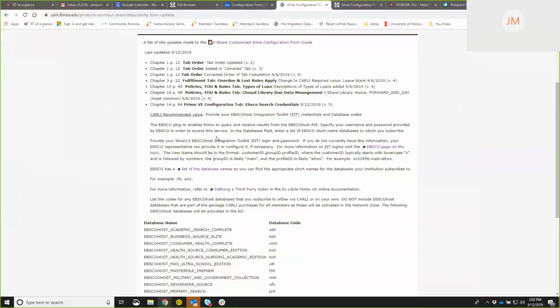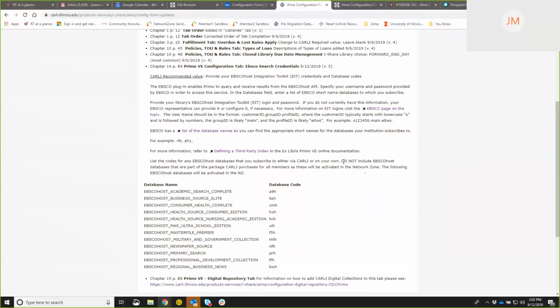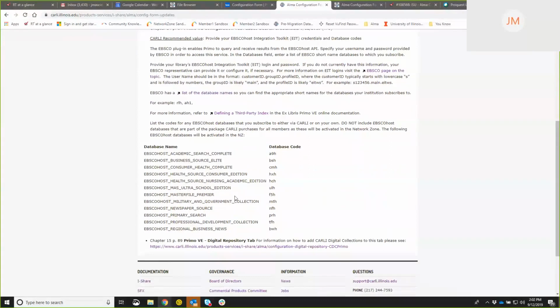A bunch more information about the EBSCO search credentials. We had a lot of questions about that, so we did a bunch more research and updated that, so all of that is here. And also in Chapter 15, for the Digital Repository tab of Primo VE,